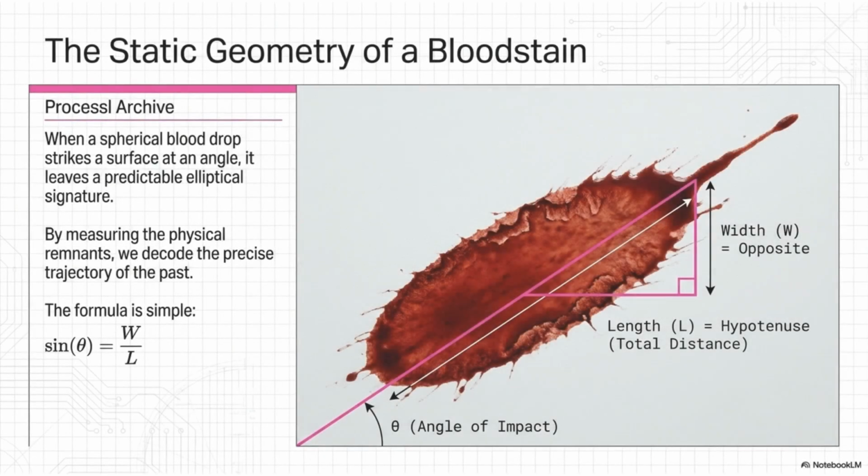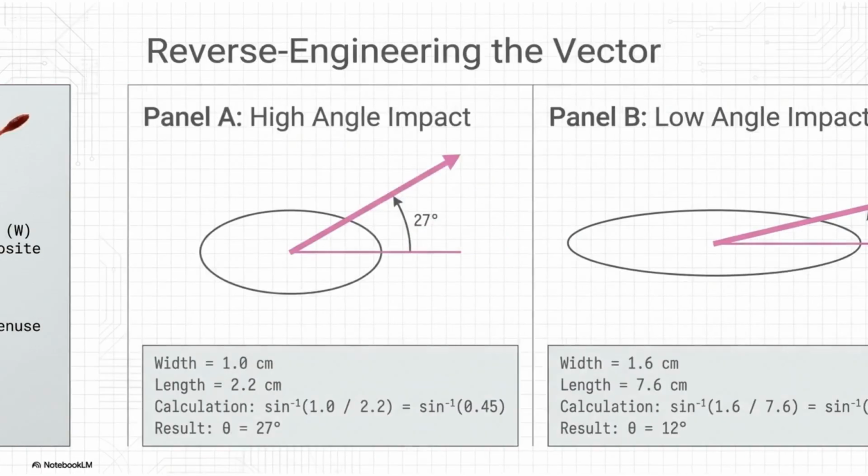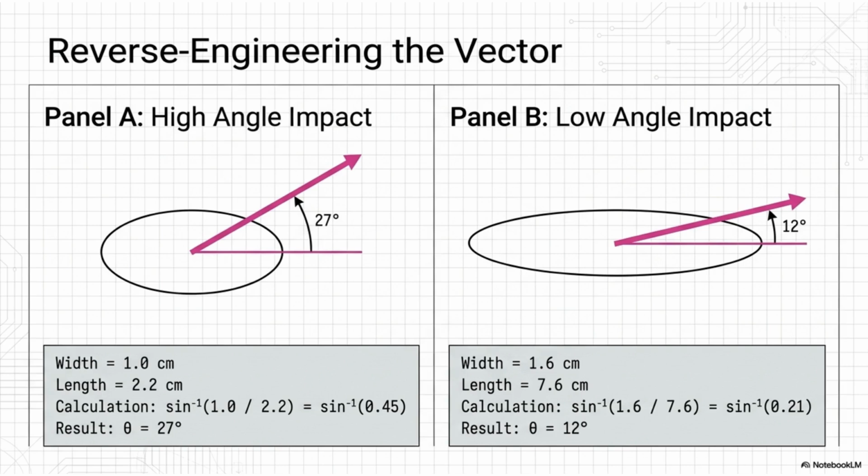In forensics, the static geometry of a bloodstain is key. A spherical blood drop hitting a surface at an angle leaves a predictable elliptical signature. By measuring the width and length, we can reverse engineer the angle of impact using the formula sin theta equals W/L. This shows how to reverse engineer the vector for both high-angle and low-angle impacts. For example, a blood stain with a width of 1.0 centimeters and a length of 2.2 centimeters indicates a 27-degree